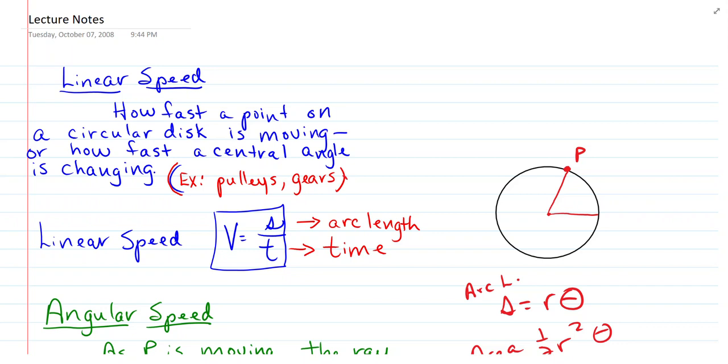Section 3.4 is about linear and angular speed. So for linear speed, we're talking about how fast a point on a circular disc is moving, or how fast a central angle is changing. Think about pulleys and gears. And the formula for linear speed is V equals S over T, where S is the arc length and T is time. Angular speed,